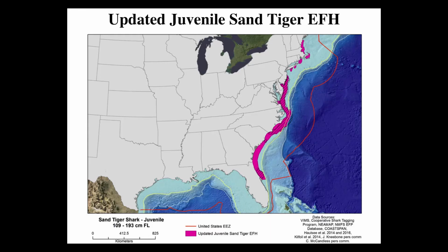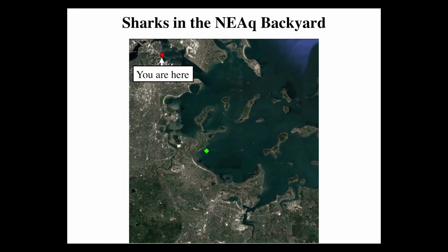But if you look closely at this map, you'll say, okay, there's PKD Bay, but all this area has also been defined as essential fish habitat for juvenile sand tigers. And what this means is that while the sharks are found in PKD Bay, they're also found elsewhere throughout New England. And through the course of our work, based on the reports we've gotten from fishermen, one of the areas that they also seem to be present in relative abundance is right here in the New England Aquarium backyard in